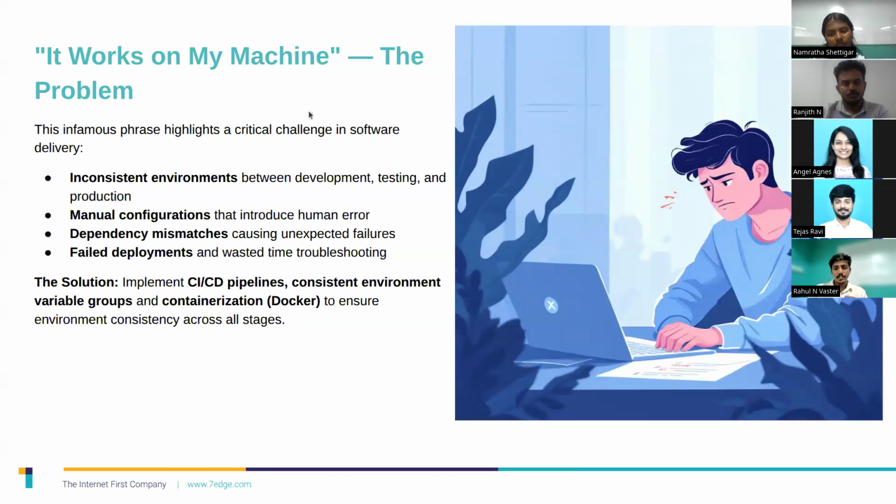That's where these things occur. DevOps tackles this with CI/CD pipelines, which are the major benefit. They tackle it head on with continuous checks of code quality, environment variable group issues, config files, and infrastructure as code.